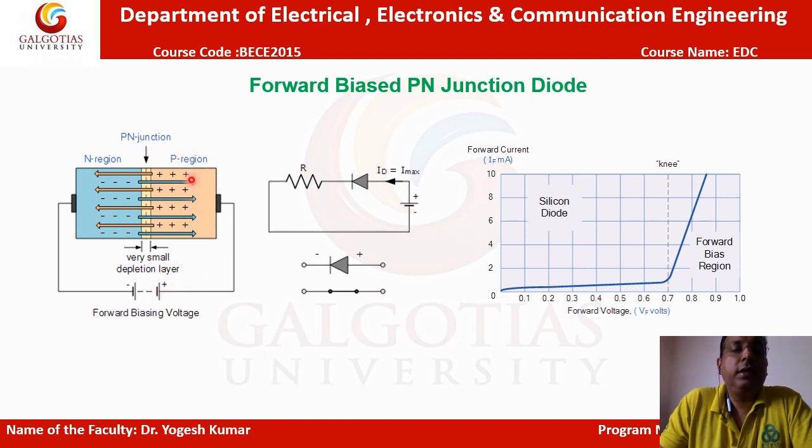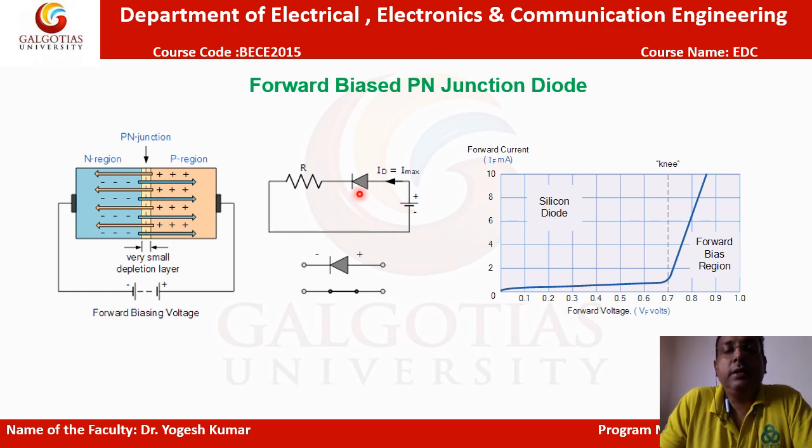We know that the P region has positive charge carriers, the holes. So these positive charges will be repelled from the positive terminal of the battery, and forcefully they will move across to the N region. In a similar fashion, the N region has negative carriers, and these will be repelled from the negative terminal of the battery forcefully towards the P region. This means recombination will take place again due to this battery connection. So this is called forward biasing, and in this fashion we will get a current.